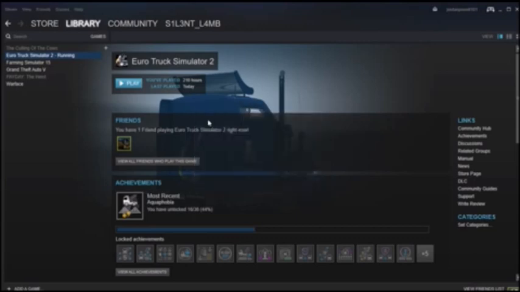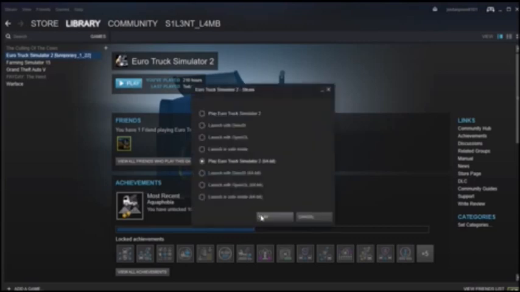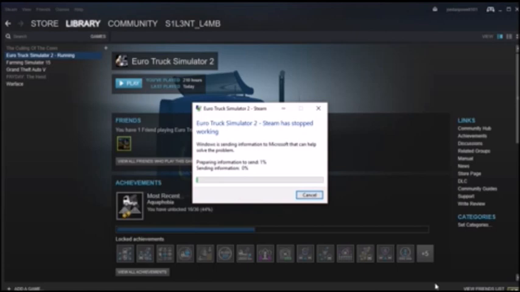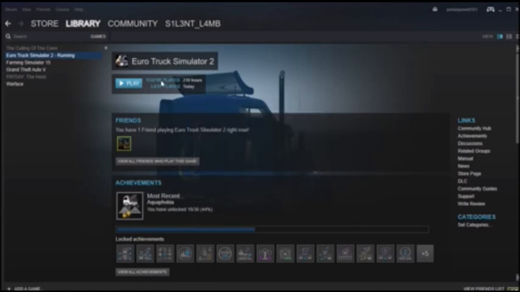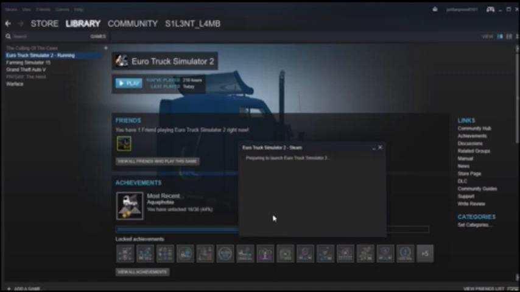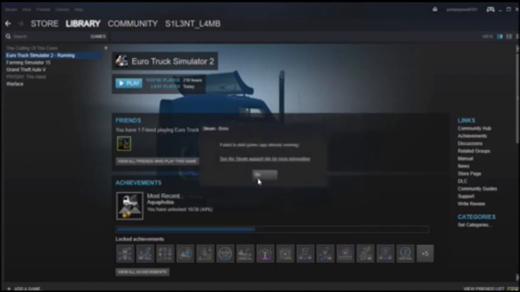This is not the mod's fault, just so you guys know. It just crashed because my computer is a douchebag when it feels like. Why are you sending information? Are you updating? For the last week, every time I choose Euro Truck Simulator, it's always